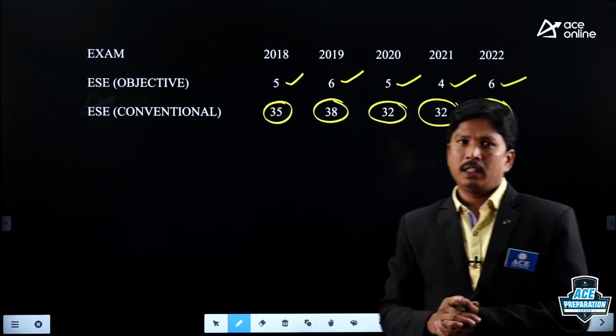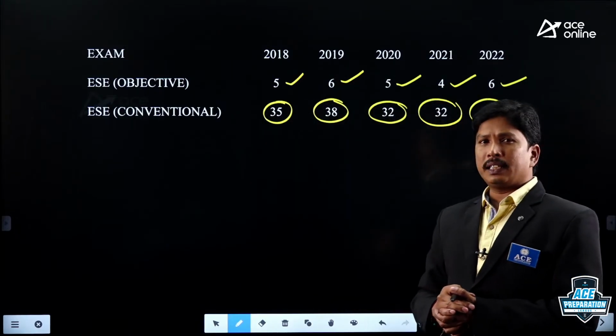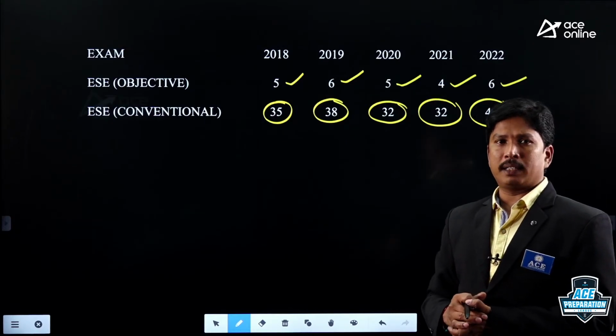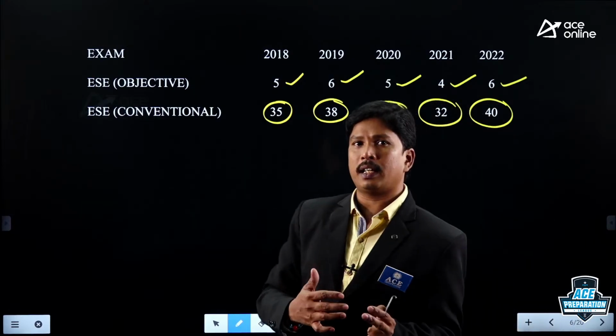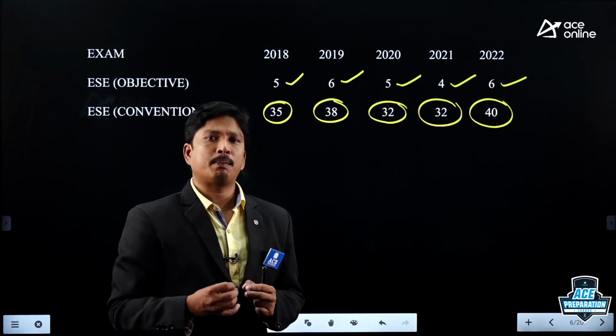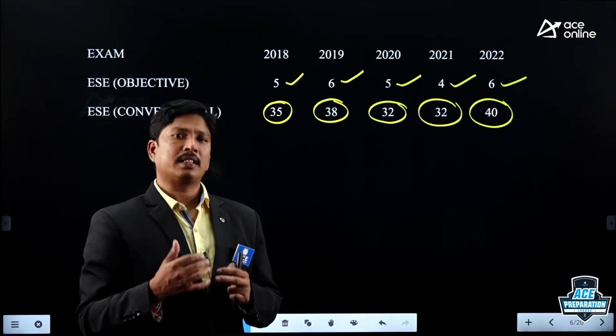So transmission and distribution plays a very important role in improving your score, and it is also somewhat easier compared to the remaining parts of power system. Compared to load flow analysis, stability analysis and fault analysis, the transmission and distribution part is somewhat easy, and we can study that much.